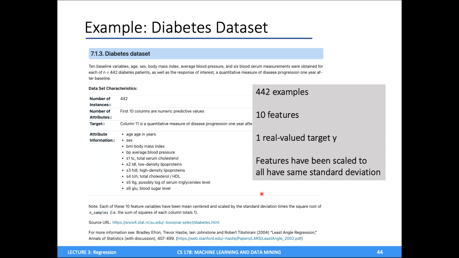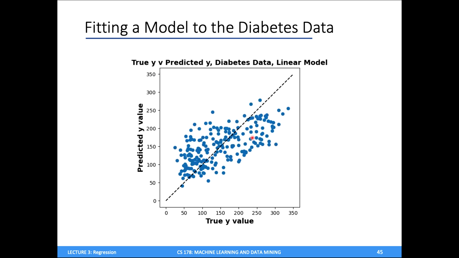Okay, let's look at a real concrete example just to wrap up on this, the so-called diabetes data set. It's a pretty popular small data set in machine learning. It's available in scikit-learn, which you guys will get comfortable with, where we have 442 data points, 10 input features, and we're doing a regression problem. And if we find the line of best